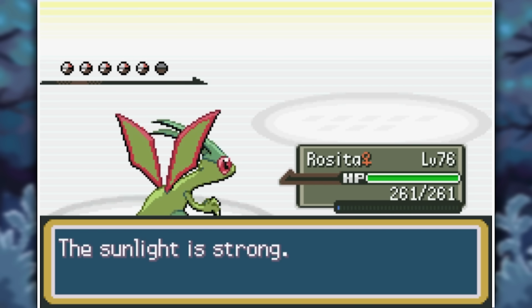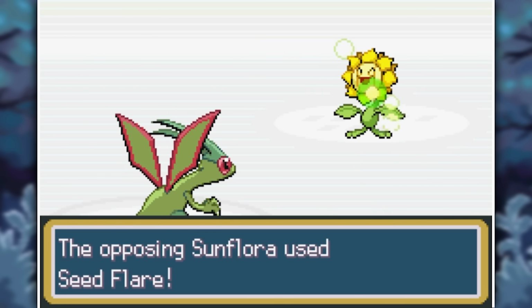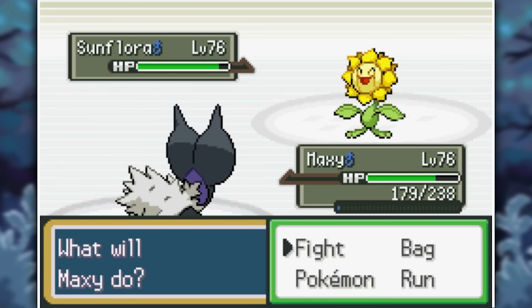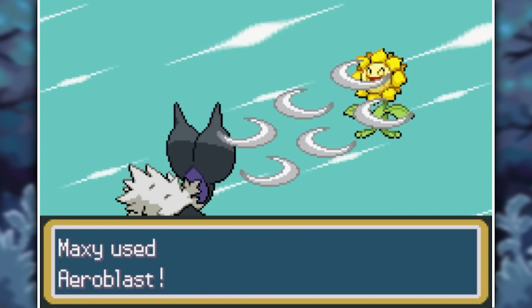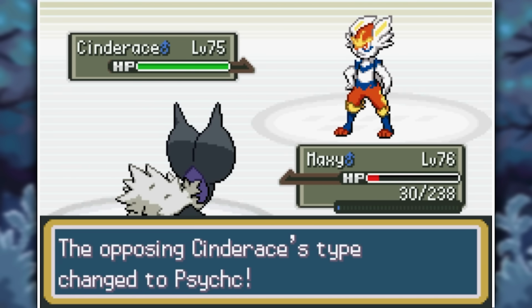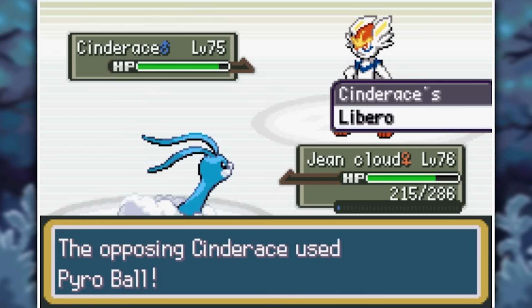He then brought in his Sunflora, which is now a Fire Grass type, and takes me out with a single Seed Flare, so Noivern can then revenge kill it with an Aeroblast. His Libero Cinderace then kills me with Zen Headbutt, which is not too great because now it's a Psychic type. Luckily, my ace in the hole Altaria can come in, and because this